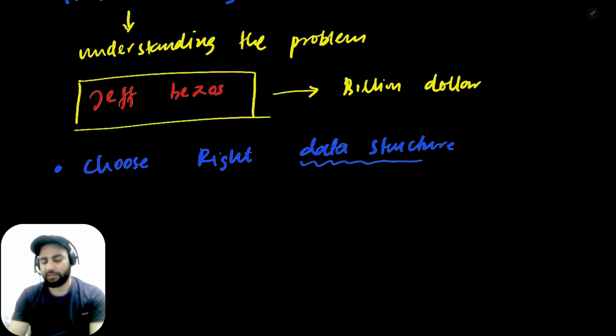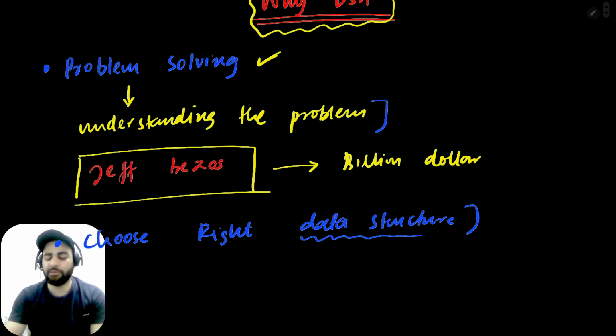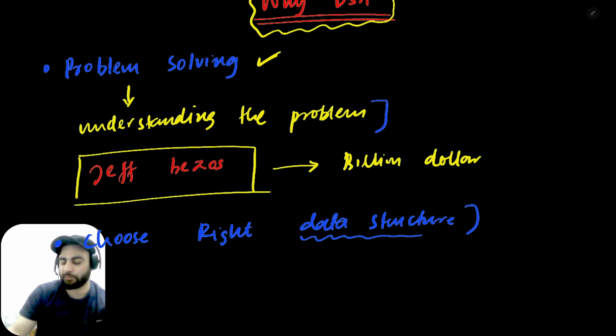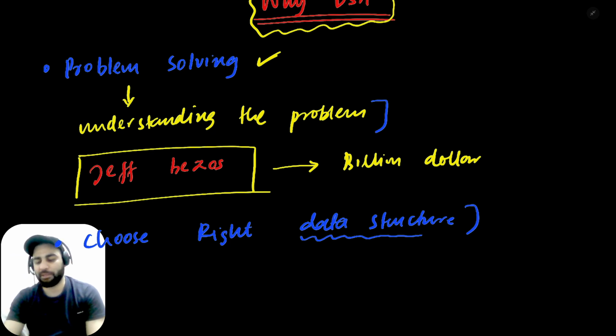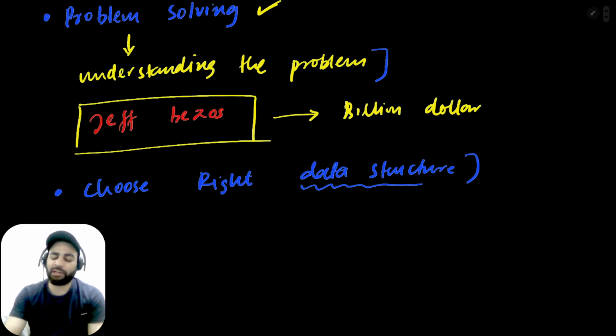Okay. Now you have to know the data structures. Now you fully understood the problem. If you understood the problem, oh, this is the problem that we are going to solve. The second part is that if I have to model it in the computer and use the computer for solving this problem, then you should be able to know what data structure to use. How to organize, how to store the data, and for that purpose you must know data structures. Okay, linked lists, arrays, hash tables, and stuff like that.